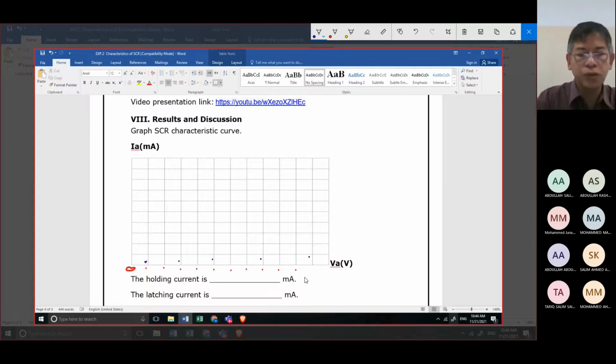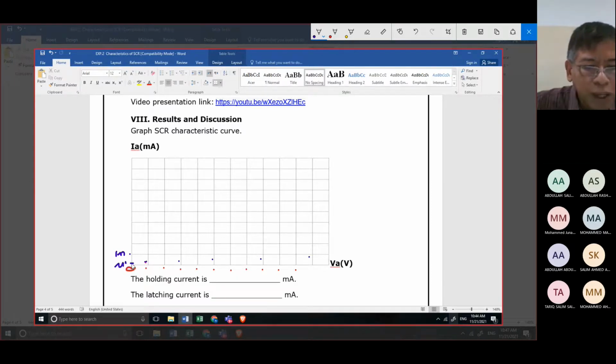For those who are assigned, it is the assigned task. So before 1, if this is 1 milliampere, you will start first in microampere.